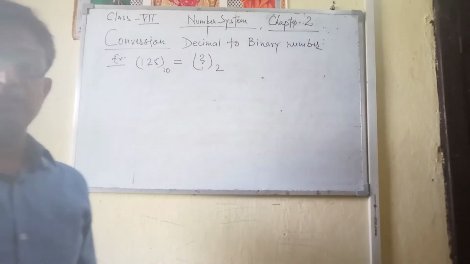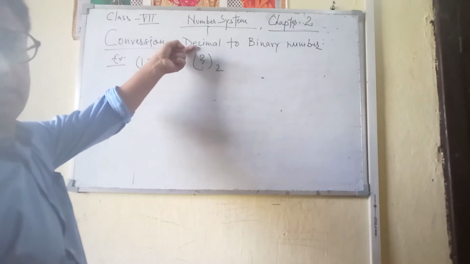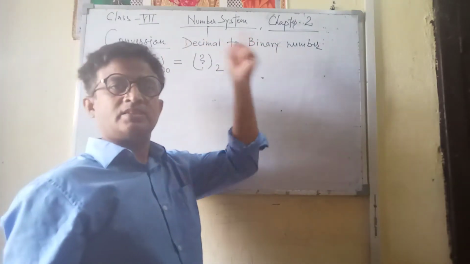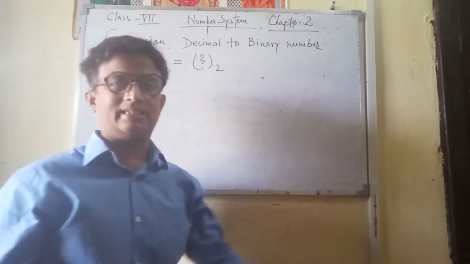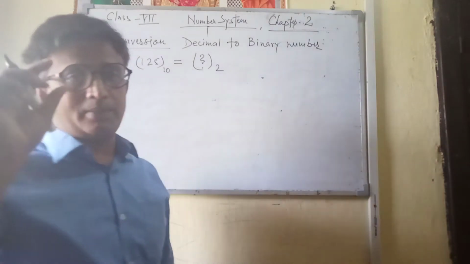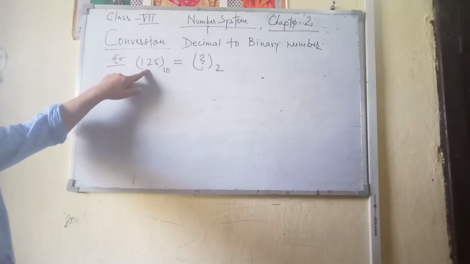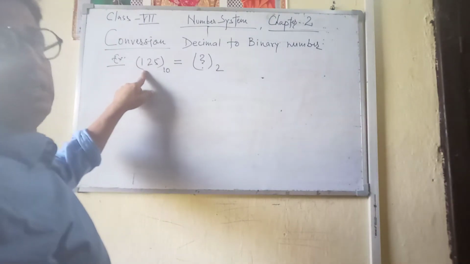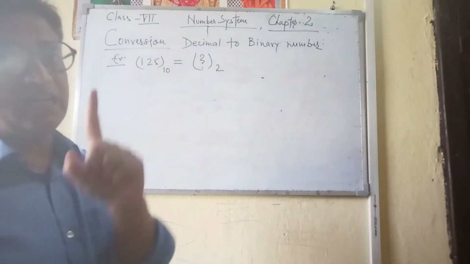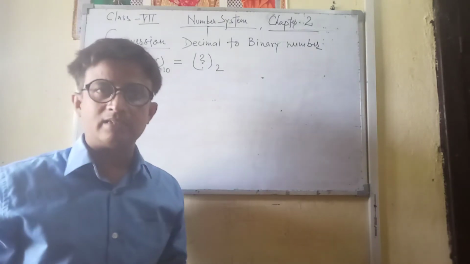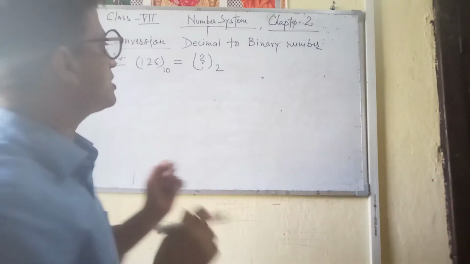The first rule you should know when we first see decimal to binary: here you will put your mind on binary, where the base is 2. So we will divide this particular decimal number 125 continuously by 2 until we get the remainder as 0 or 1. How to go through it? Just watch it.